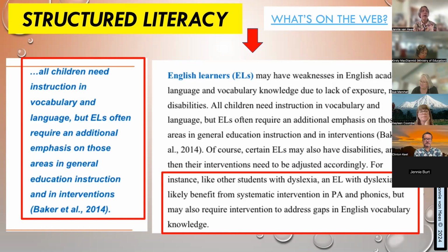And so, if we're thinking about structured literacy in that narrow sense of phoneme, grapheme, or onset and rime, then we need to ask ourselves, is that a major priority?